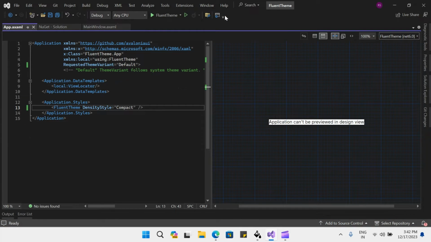Let's see how we can create our own color palettes. To create our custom color palette, while Fluent theme has built-in resources for dark and light variants, it is possible to override the base palette for these variants. It is useful when developers want to use the same base theme but with different colors. So to do so, let's change the color palette here under the Fluent themes. So let me revert this density style, and